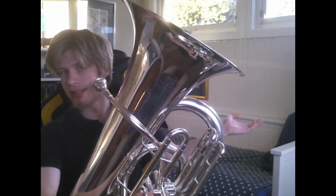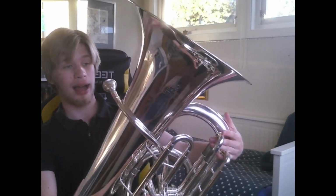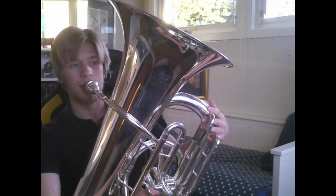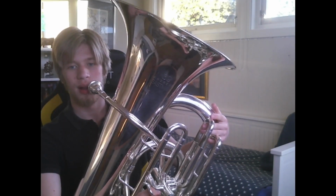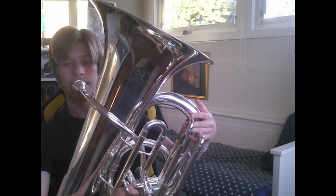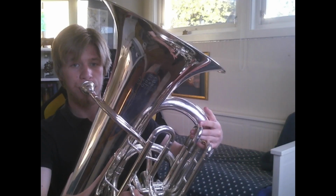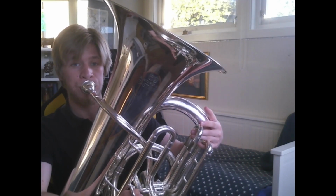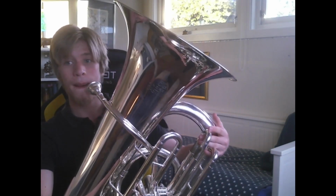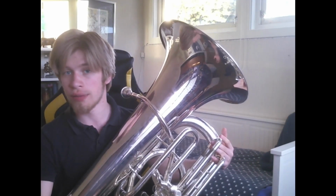Now we can't just play a few notes. We have to play a little bit more. So I have here an E flat tuba. So it's going to be individual for the types of tuba. But we could start playing a simple scale of 5 notes, starting with your fourth valve pushed down and just blowing through. And if you're wondering about your notes and what to press on your valves, you can find